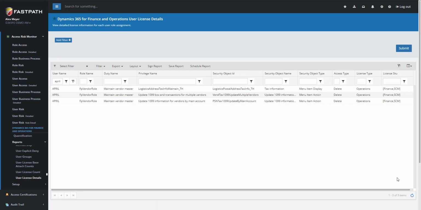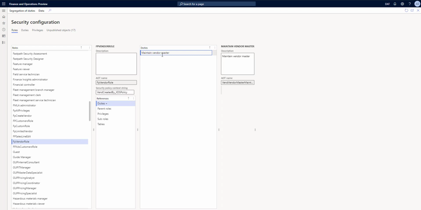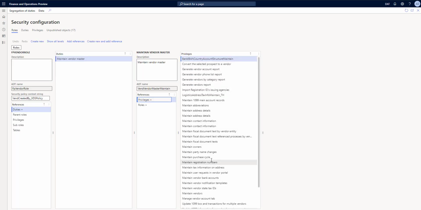So if I wanted to go back into F&O and look at the options that I could potentially do here, I could go to my security configuration page, look for that FP vendor role, and start working my way down. I have the option here, of course. Obviously, there's only one duty assigned, but I could remove the duty from the role. I have the ability to look at the privileges here and then use my Fastpath report or the security configuration report from Microsoft to determine the privileges that were causing the role to require